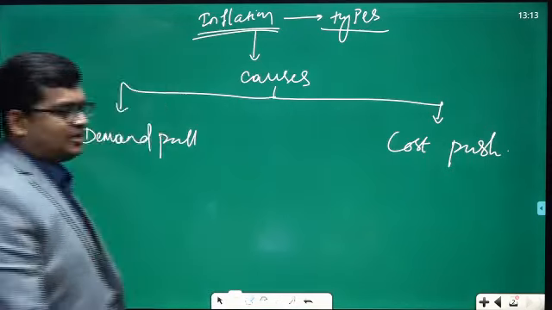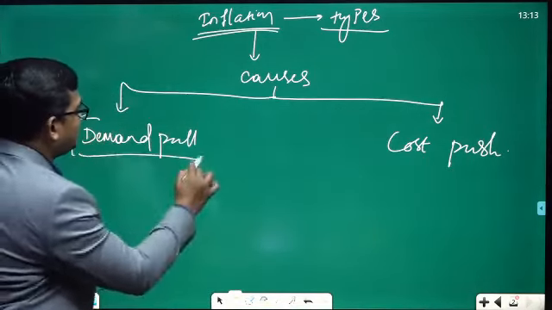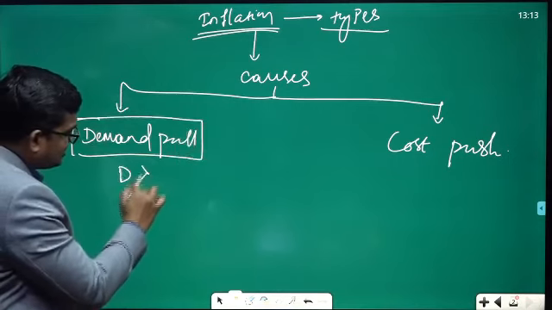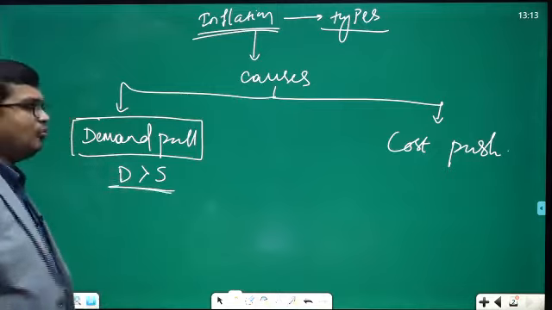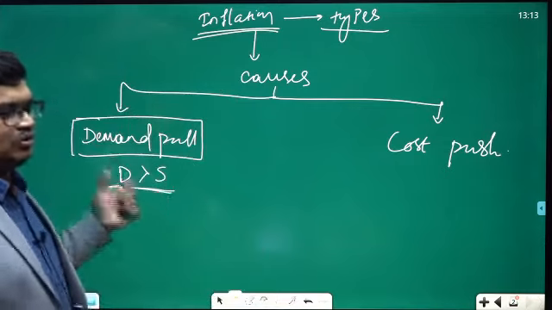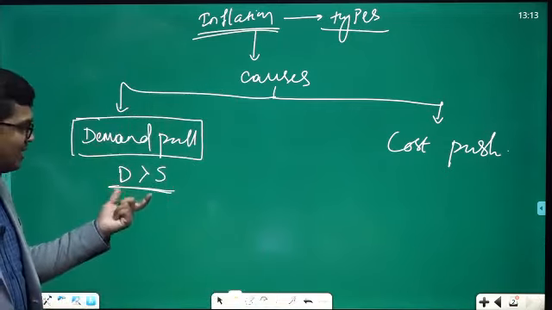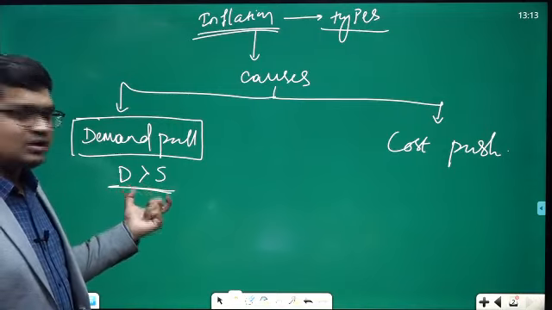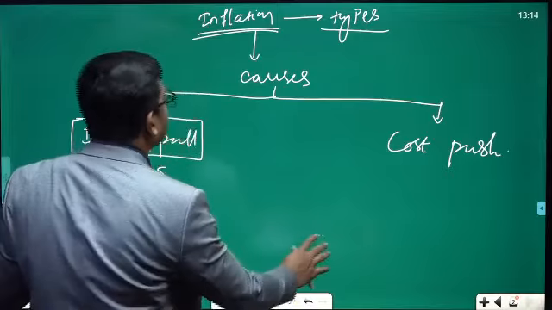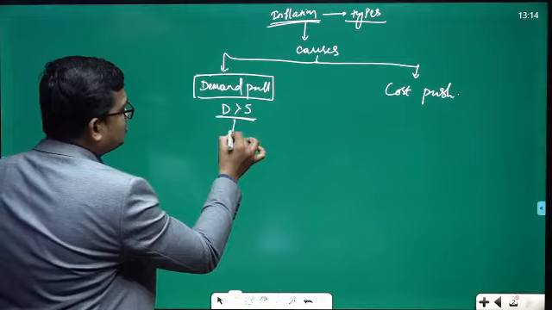Now what is this demand pull? Demand pull means simply you can say that, supply remaining constant, demand rises more than the supply in the economy. I repeat, what is this demand pull? Simply you can remember, if demand exceeds supply, then that is known as demand pull. Example, what is this demand pull in inflation? Example, suppose